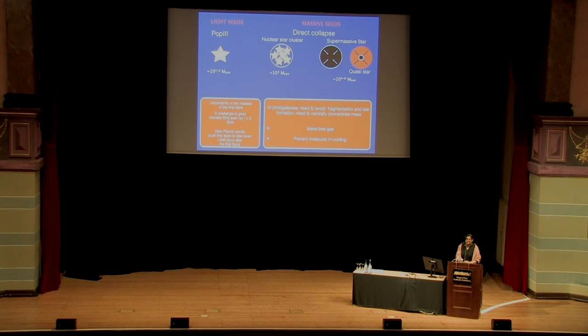And from now on, the light seed model that I'll be talking about is one which involves Population 3 remnants. And the massive seed model will now be synonymous with the scenario that I'm going to call the direct collapse scenario. And if you look at the number of ways in which you could start with light or more massive seeds, you find that the uncertainties in each of these channels, so you might have seen all the talks in the conference earlier,